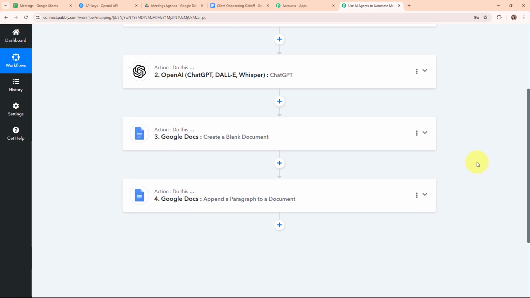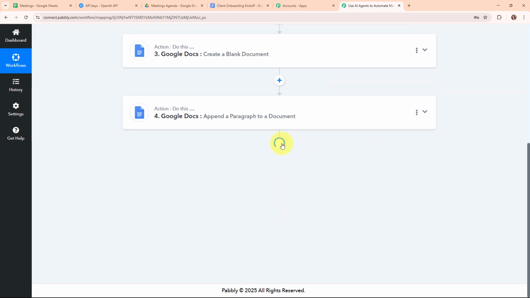Okay, so now after generating the document, I want to make this document shareable to anyone with the link, and also I want a PDF link for this particular document. That means I want to convert this document into a PDF format, and then store that PDF in my Google Drive under a specific folder. So for that, I'm going to add another action step over here,